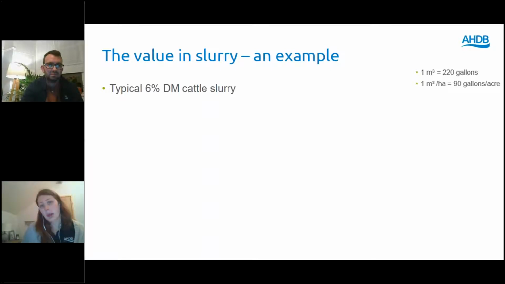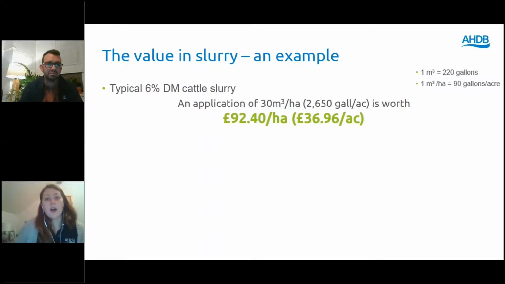So in this example, to begin with, we are going to look at a typical 6% dry matter cattle slurry. The figures that I'm going to show you now have been taken from the Nutrient Management Guide RB209, and all of these guides are available on AHDB's webpage, and Chloe might pop a link in the chat box for you now, but there will also be a link to where these can be downloaded in the follow-up email after the webinar. So an application of 30 cubic meters per hectare of 6% dry matter cattle slurry is worth £92.40 per